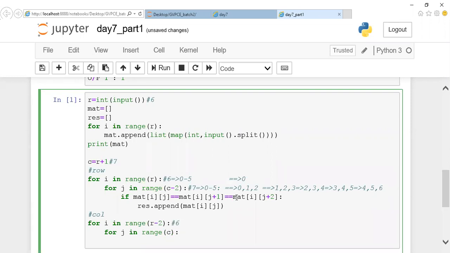So if I mention 6, it will go only till 6 minus 2, that is 4. So it will iterate from 0 to 3. The exact iteration from 0 to 3 is going to happen. So your column will go till 7 values.